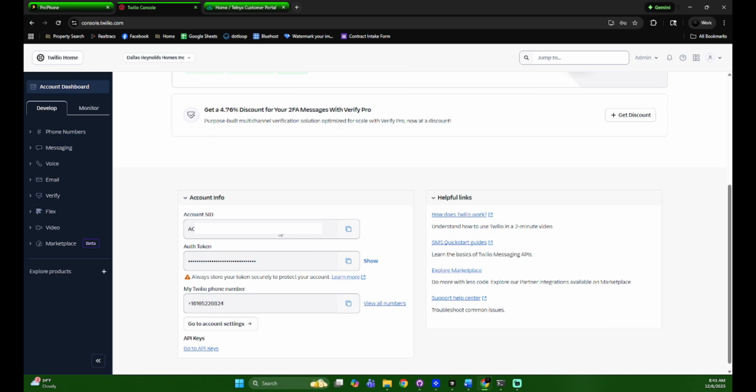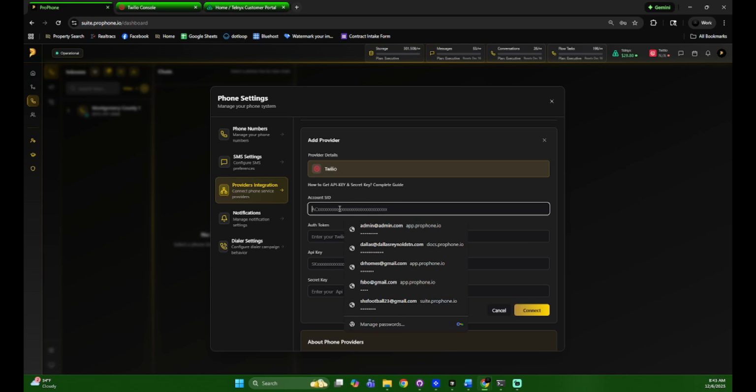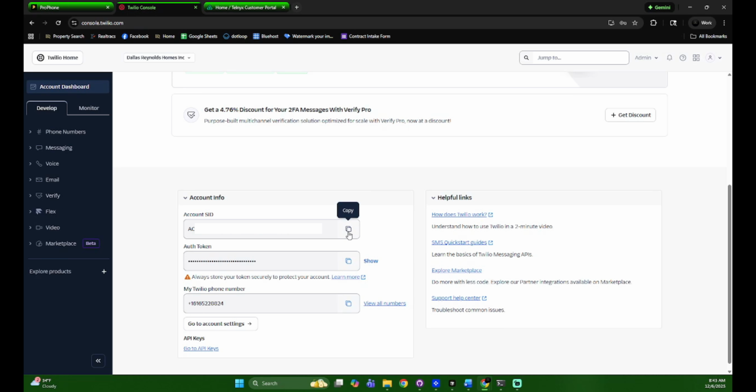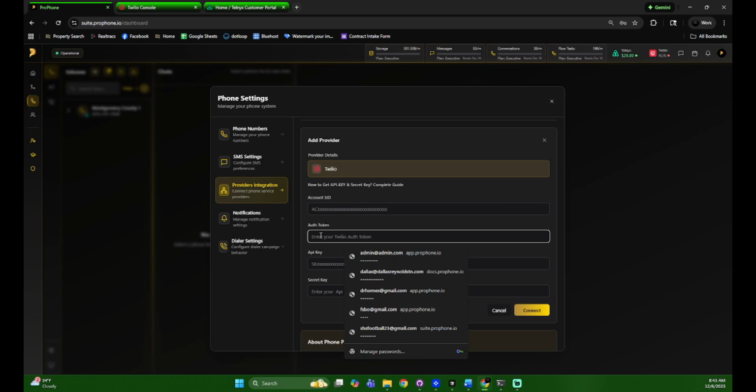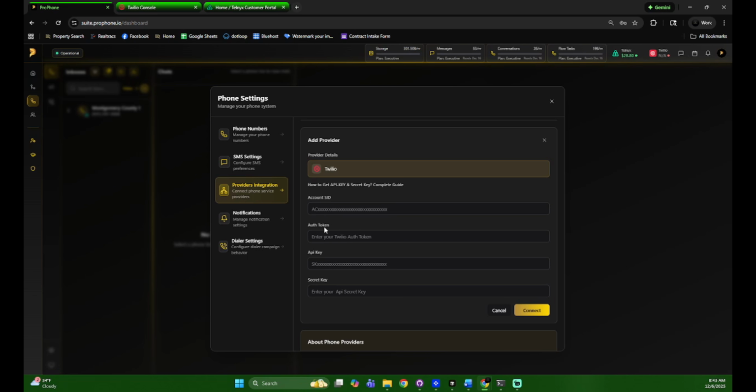You'll see the account SID here. And what you're going to do is copy the account SID. This is your account ID. And you'll paste that here. Okay. And then basically from there you'll copy your authorization token. I wouldn't show it. Just copy it unless you just want to see it. Click copy, paste the auth token there, and then what you're going to want to do is create an API